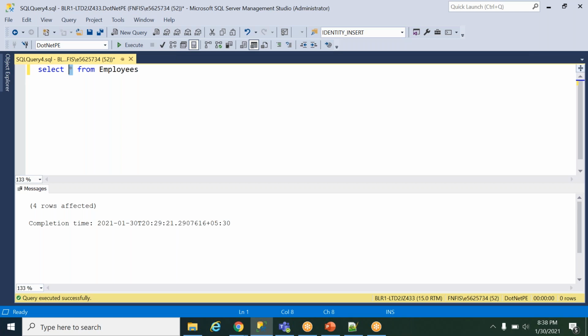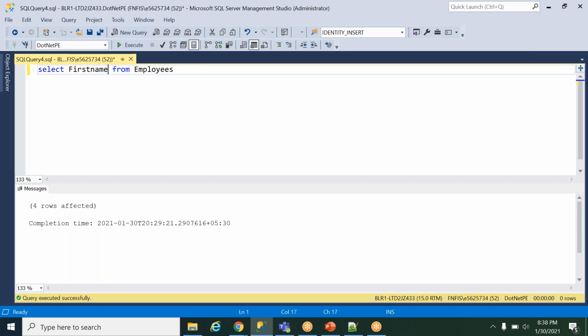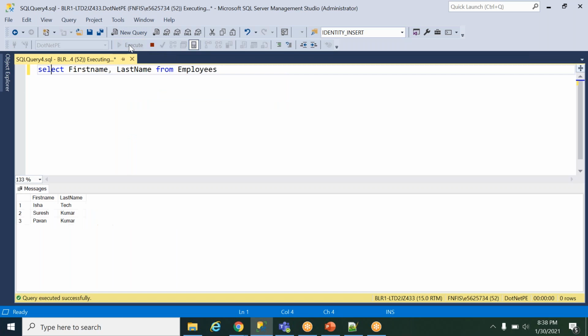Because of that, these are unwanted to show to the external user. It's not necessary to show them to the external user. So I'm fetching some report, and when I put SELECT star, which includes modified by, created by, modified date, modified reason, and modified data also, which is not required to show to the external user. Unnecessarily I'm getting other information, which will hit the performance. So because of these reasons we put the column names. I'll put first name, comma, last name. Okay, now I'm just clicking on employees.